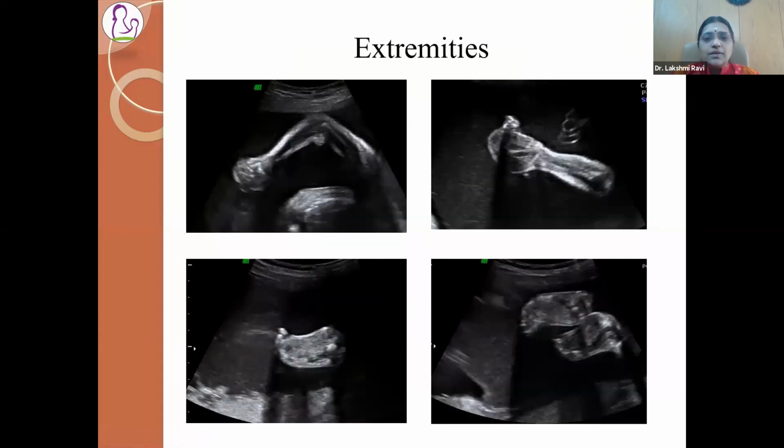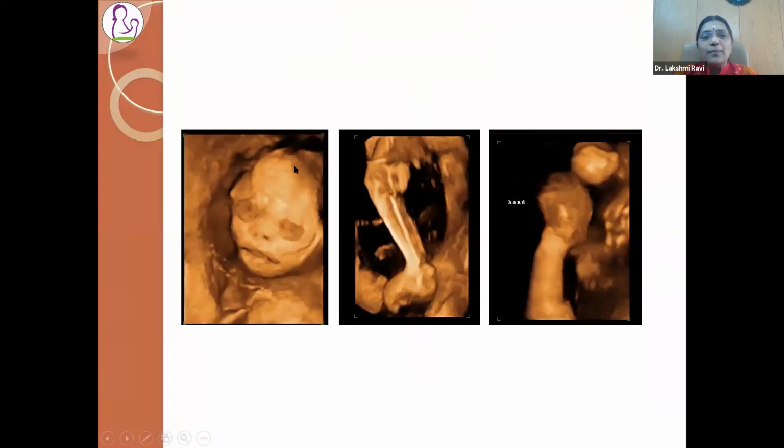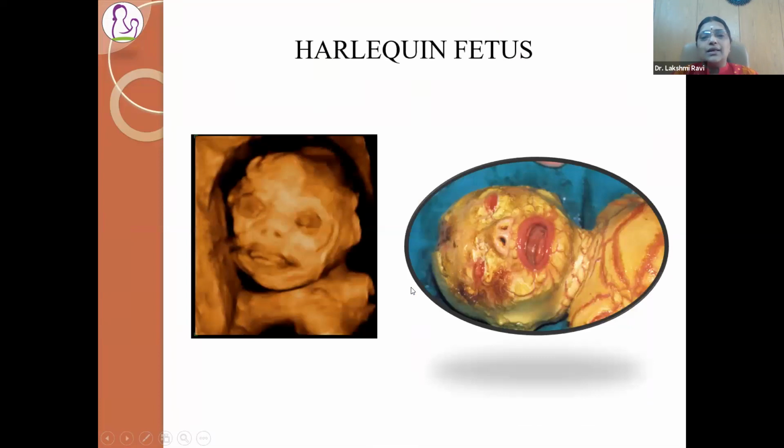And then look at the limbs. You see that you have the hands and the feet here, and look at how the toes look. So this somehow looks like some sort of a restrictive dermopathy condition. And the minute you apply 3D ultrasound, you understand that this is nothing but a harlequin fetus, where you see the ectropion, eclabium, and you see the hands and foot of the baby very clearly. And this is the potential of a 3D ultrasound. So it gives you a wholesome picture of what you're trying to see.